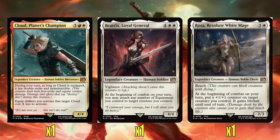And then we got Beatrix, Loyal General, 4 and double white for a 4/4. So I'm actually going to quickly talk about this. I made the assumption, when they announced the starter kit with Cloud and Sephiroth as the face foils, that it was going to be just Final Fantasy VII themed. Final Fantasy VII is not the most popular or the most successful, because I think 14 has actually eclipsed it quite a bit in terms of popularity and how much money it makes